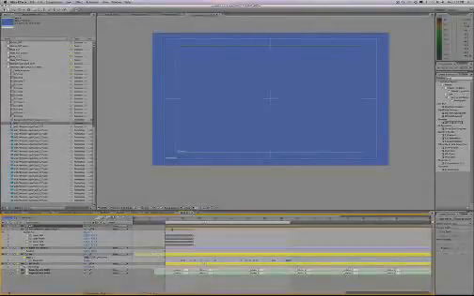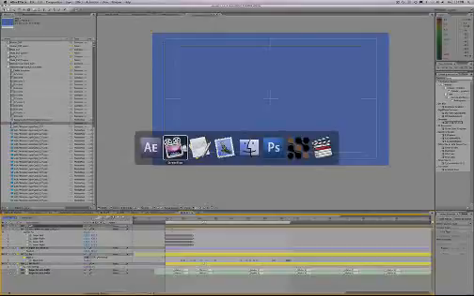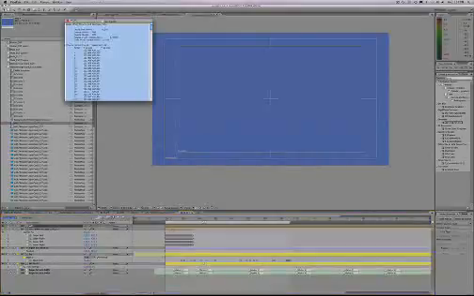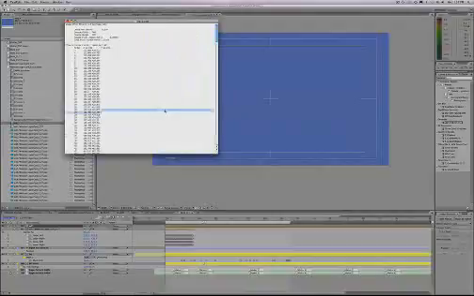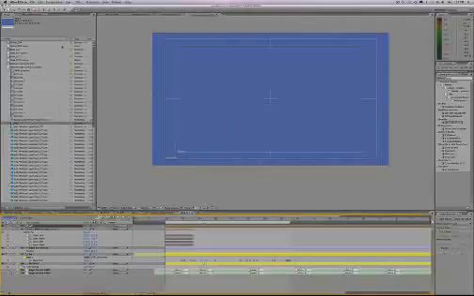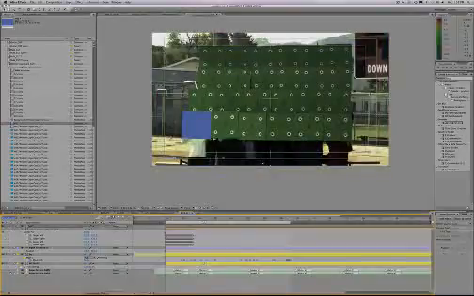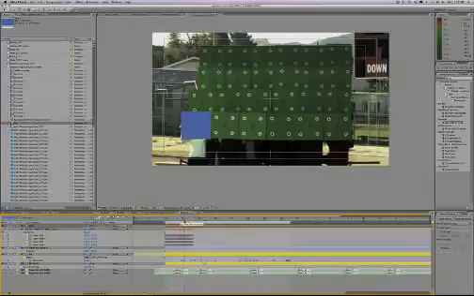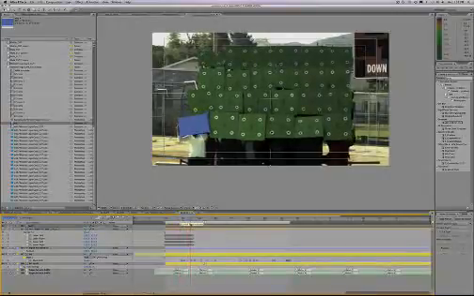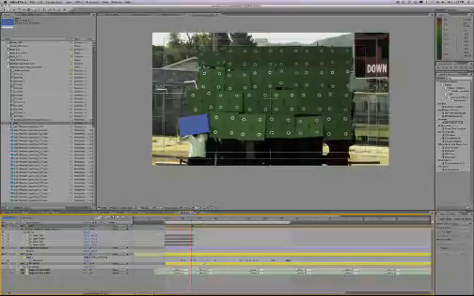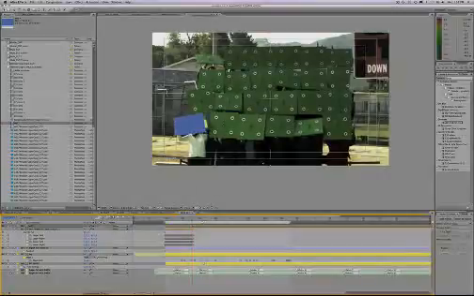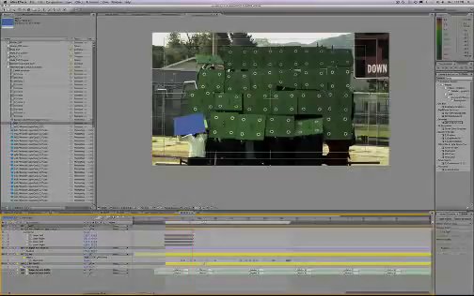Now we are going to go back to the tracking data layer. Even though we have this file already copied, let's do it again. Select all, copy. Now we can paste this data to the layer. So here it is. It goes right into position and it matches the movement of the board perfectly. Of course, until we come to the flip section, and here we can go again and adjust the corner pin effect